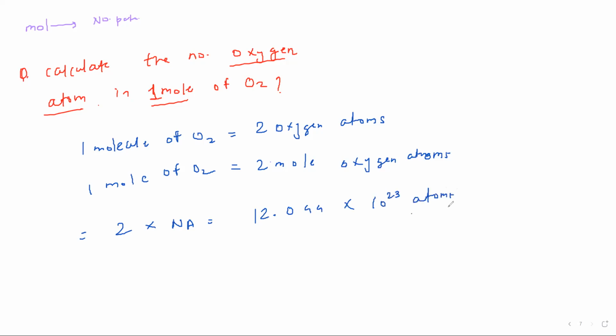If you are asked for atoms or molecules, you simply have to do it. So from where do I get a 2? Because one molecule of oxygen has 2 oxygen atoms. They are talking about the atom, right? So we are correlating what? Yes, exactly. Got it? Anybody has a doubt in this? I guess this is quite simple. Yes, very good.